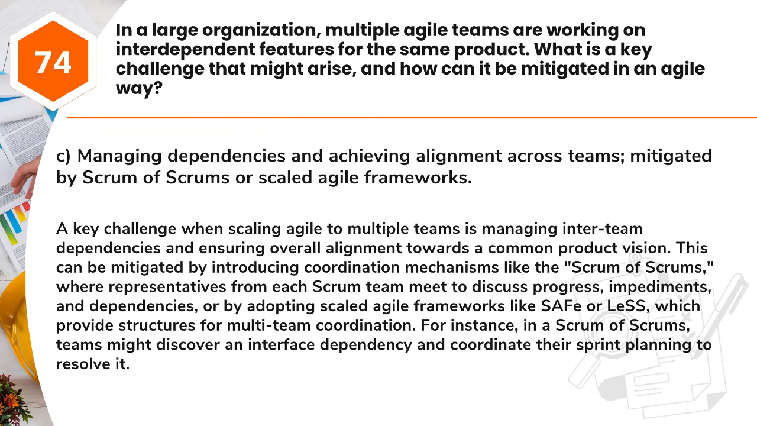Answer: C. Managing dependencies and achieving alignment across teams, mitigated by Scrum of Scrums or scaled Agile frameworks. A key challenge when scaling Agile to multiple teams is managing inter-team dependencies and ensuring overall alignment towards a common product vision. This can be mitigated by introducing coordination mechanisms like the Scrum of Scrums, where representatives from each Scrum team meet to discuss progress, impediments, and dependencies, or by adopting scaled Agile frameworks like SAFe or LeSS, which provide